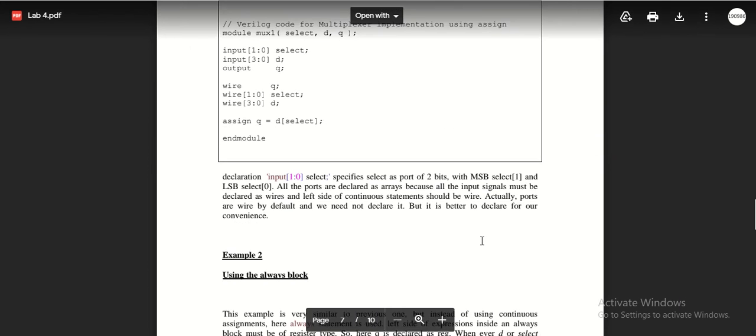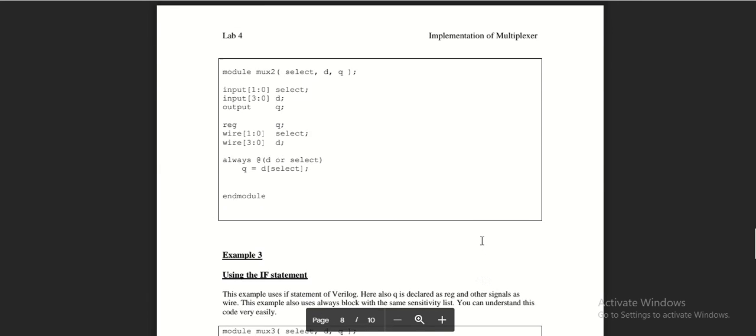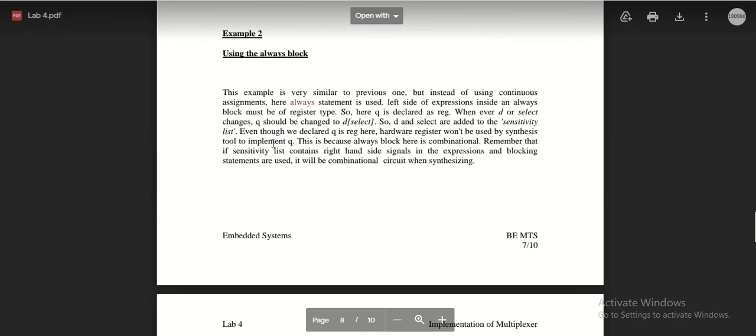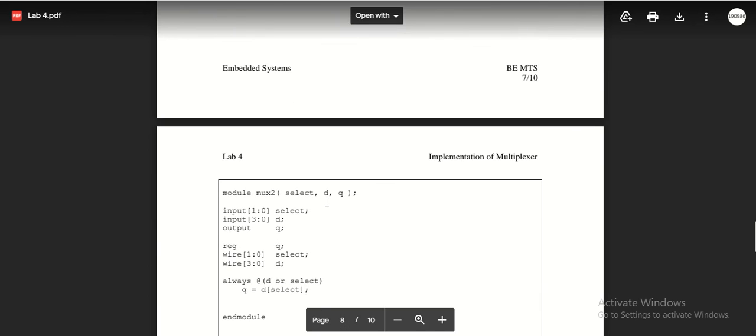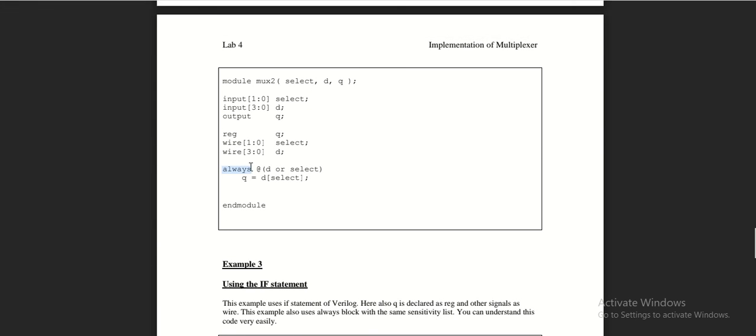The next method to implement it is using the always block. Here is the Verilog code for the always block. Whenever we use always, we have to use a reg for the output. For this always we have used D or select as the inputs to the always.